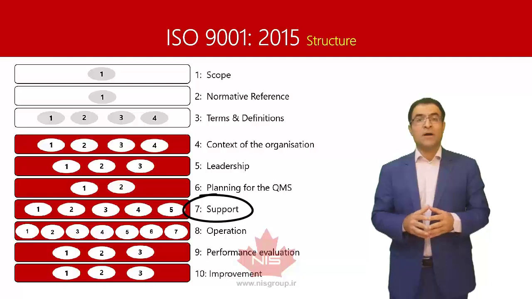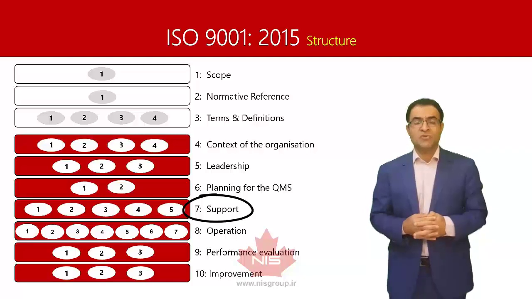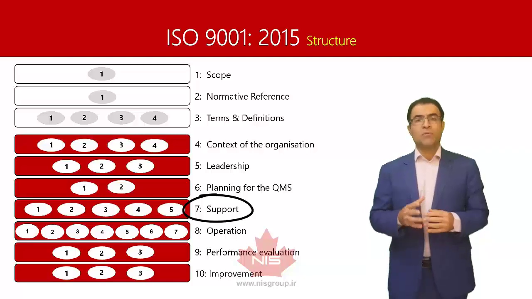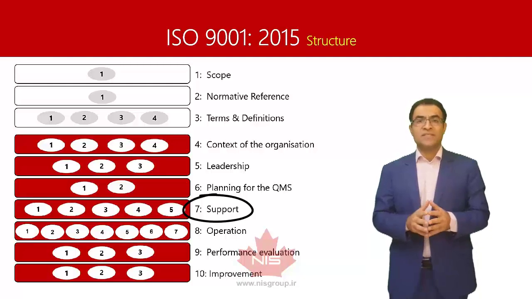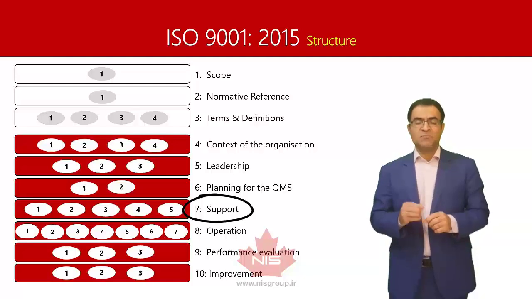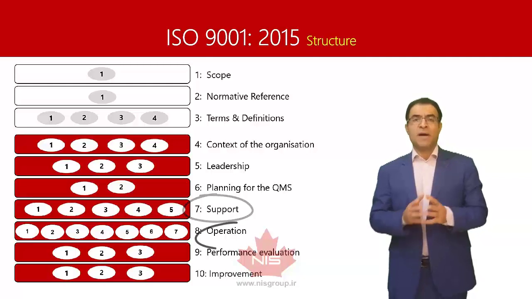We can talk about organizational knowledge. That is a very brand new requirement in the standard, and many implementers still have a challenge on how to implement it. In 7.1.3, for example, it's talking about maintenance of infrastructure and such facilities. Again, we will be talking about that. So I just want to tell you that there are some subclauses in clause 7 that need special care, and we will not miss any of them. Then we will pass to clause 8.